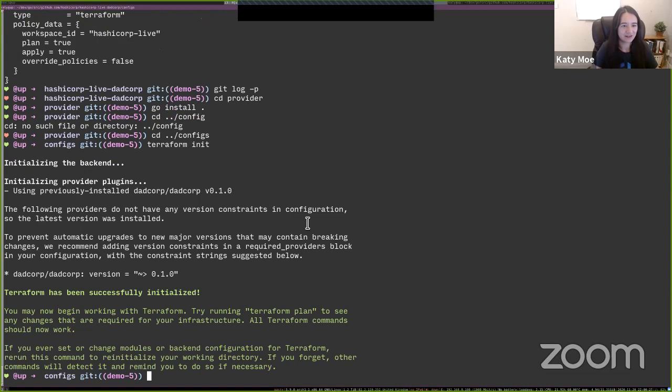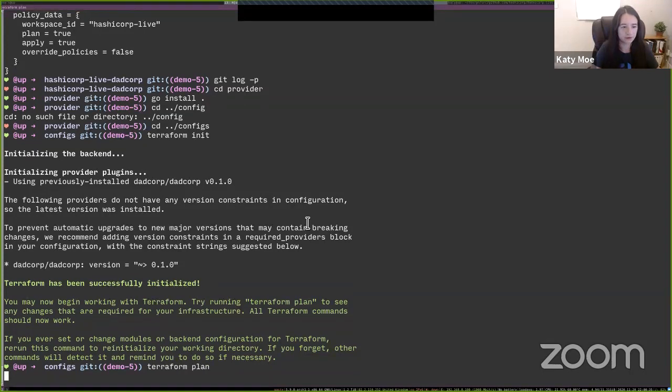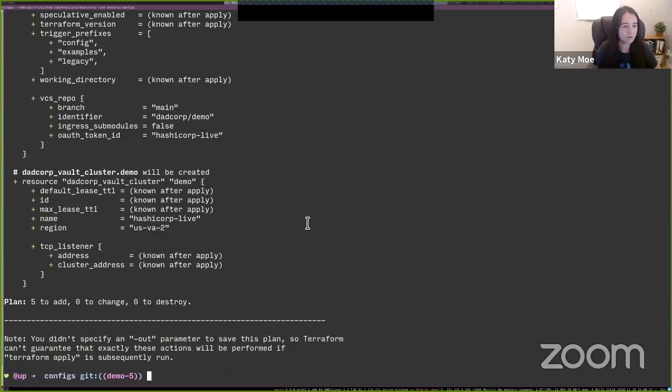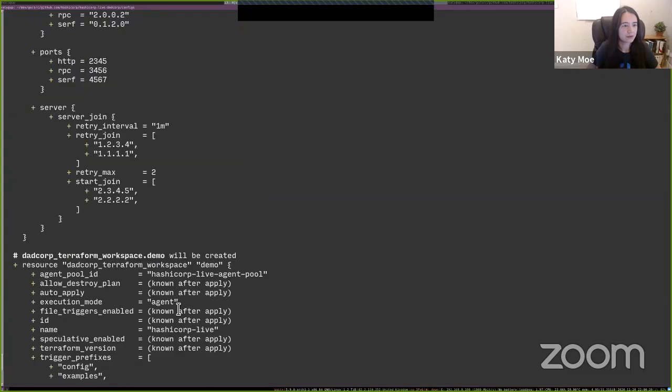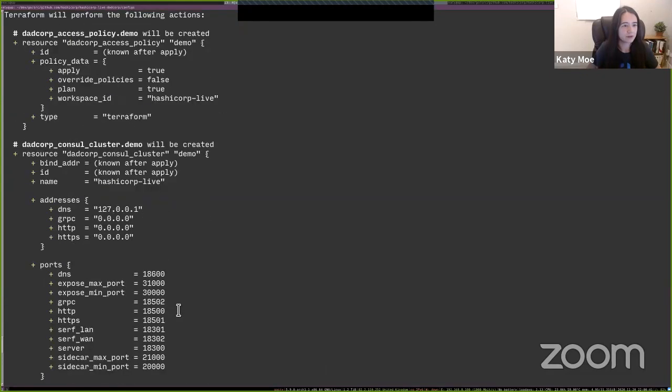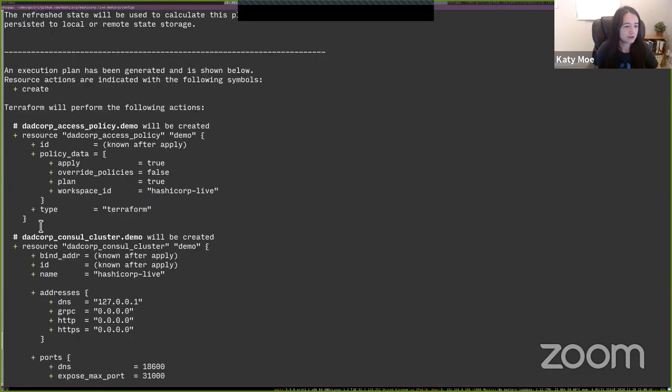So I've initialized the new version of the provider. Let's just show what the plan would look like with the standard config here. Whoops. Well, that was everything. I didn't bother to target it, but let's go and have a look at the access policy. Yeah, so that's what we'd expect.